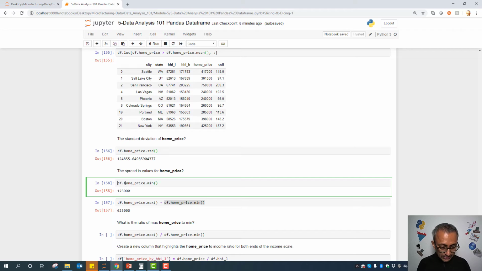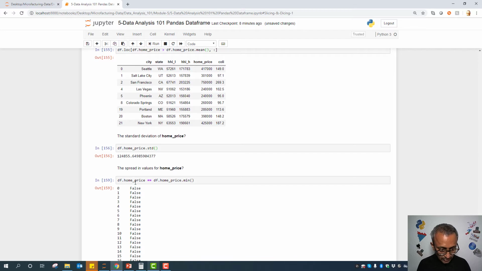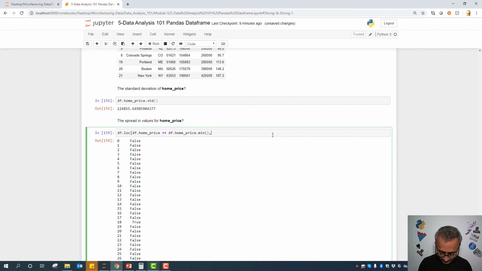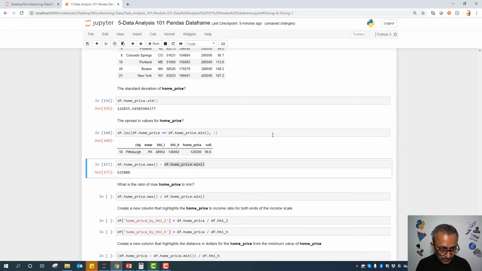Let's say df dot, just doing it for the fun of it, home price equals to, so it's going to give you a series of booleans. Let's see what row that is. That is Pittsburgh. So Pittsburgh has the lowest home value. Actually, yeah. So why would you want to live in